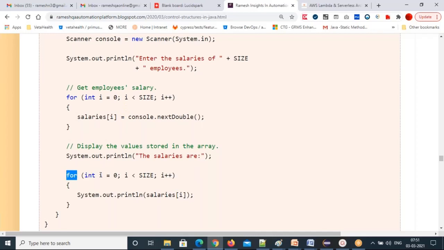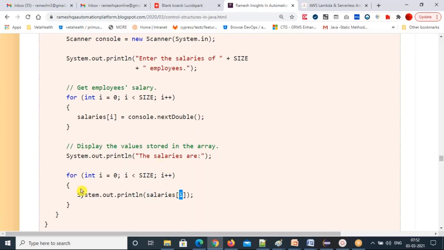For int i equal to 0, i less than SIZE, i plus plus. System.out.println(array name[i]). You have to use the array name with i in the square brackets. i is the index number. So array name of 0 means the first element will print. The i value is 0 the first time, right? So 0 less than 5 is true, it comes inside, array name of 0, so the first element will print.